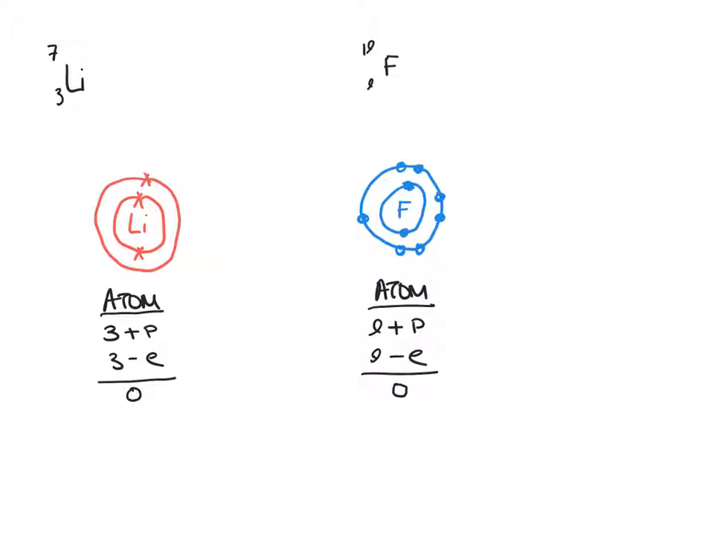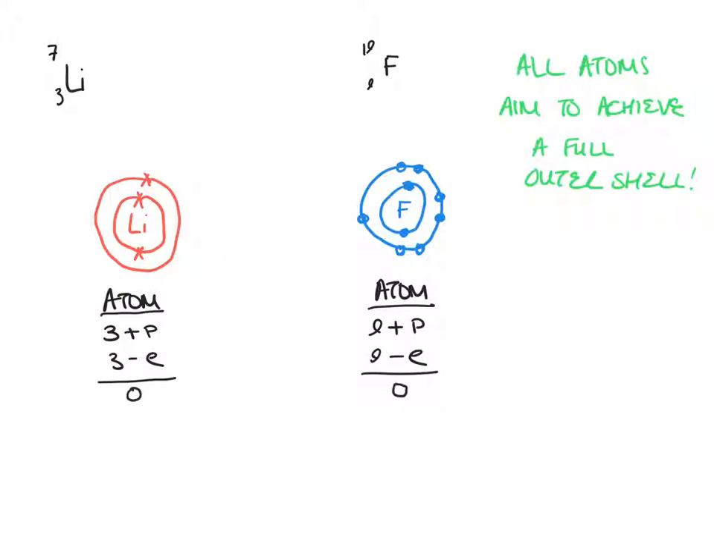Now, because all atoms want a full outer shell, if you look at the lithium atom at the moment, it's got 1 extra electron in its outer shell, meaning that it's not got a full outer shell, so it will want to do something with that electron to make it have a more stable electron configuration. And the fluorine has 7 in its outer shell, but this shell can actually hold 8, so it's not quite in the most stable electron arrangement, so it will want to gain the other electron to